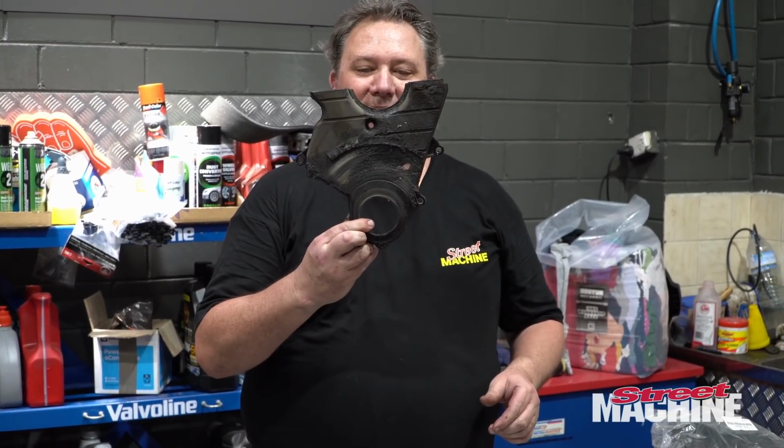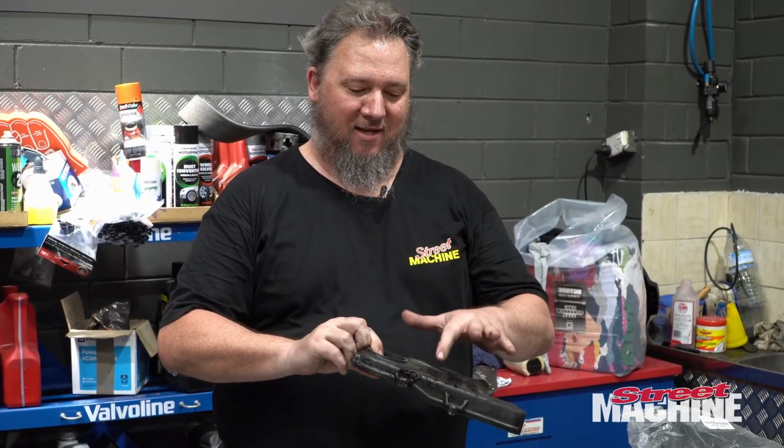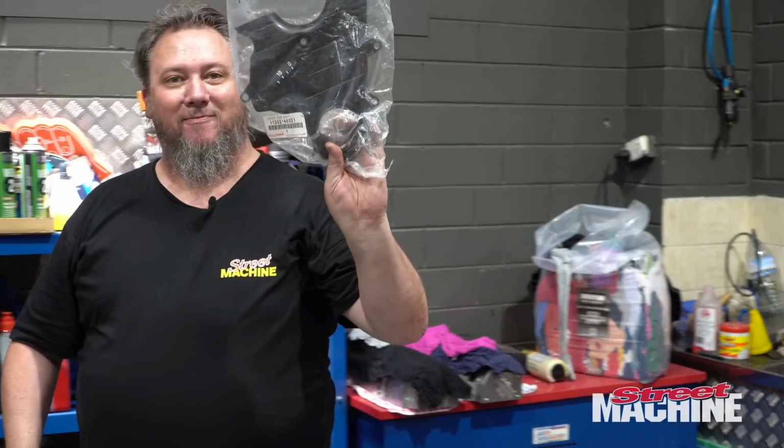So to seal up the bottom end, we've got to put on our lower cover, such as it is. It is filthy, and it's even got a hole worn in it. It's just, yeah, it's not good. That's not going back on. We've got a nice new one. Okay, so